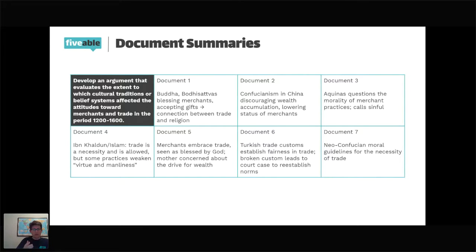But it sets moral guidelines. And in a way, it really depends how you read this document and how you want to use it as evidence. In my reading of it, I saw this as more of issuing moral guidelines based on a mistrust of merchants and traders, right? We need to establish these guidelines, not because we are necessarily approving of what you do, but so that you can